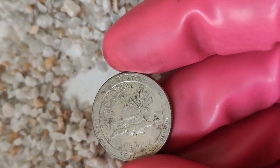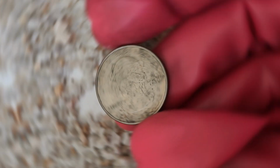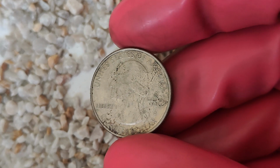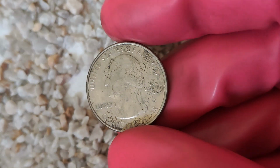Stick around, because we'll uncover why this coin is so valuable, the rare errors that make it worth a fortune, and how you can identify one. Let's get started. The Washington quarter has been a staple in American currency since 1932, honoring the nation's first president,